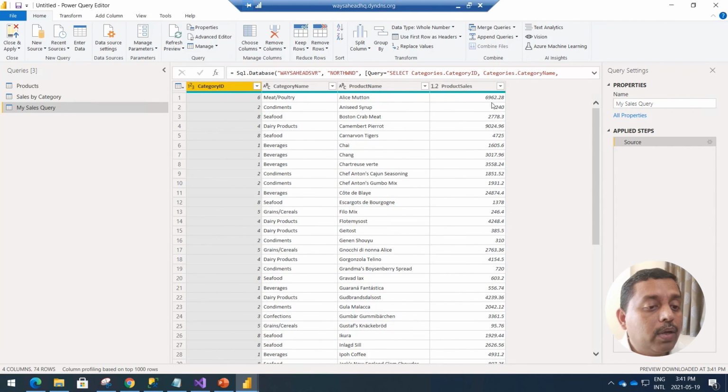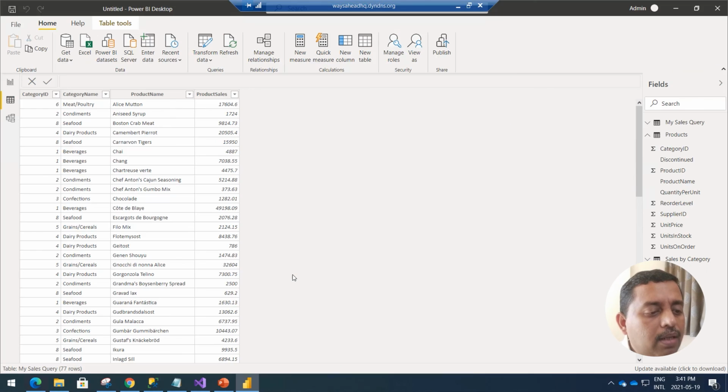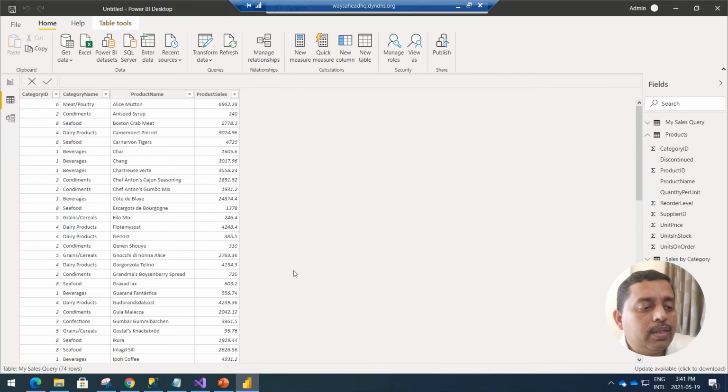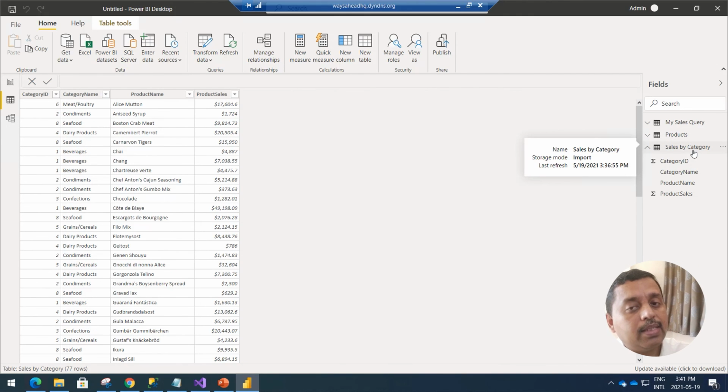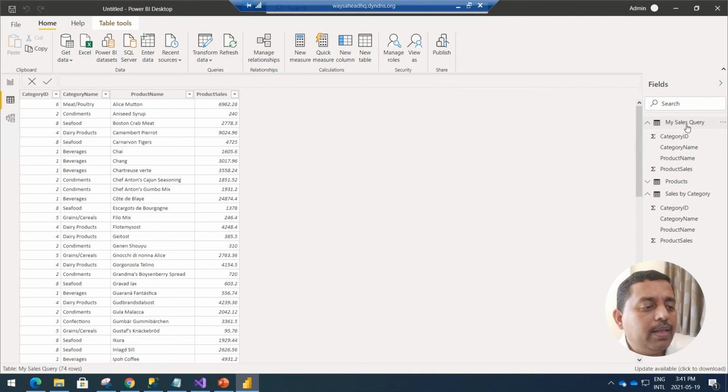I run this and you can see that the numbers have completely changed. Then I can say close and apply, and now you will see both of them have different values. If you click on sales by category, it is still the same because it has got the original data. And if you look at my sales query, the numbers are different over here.